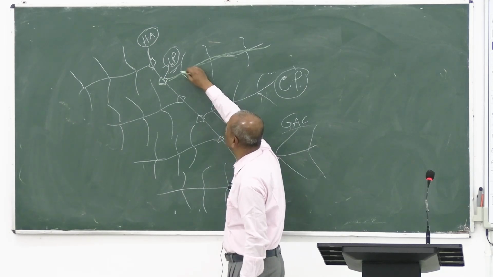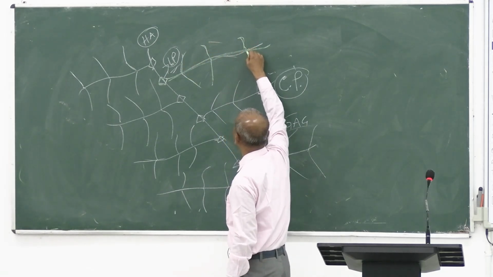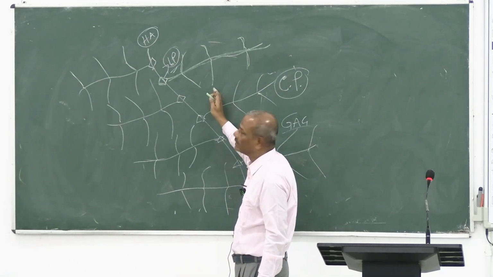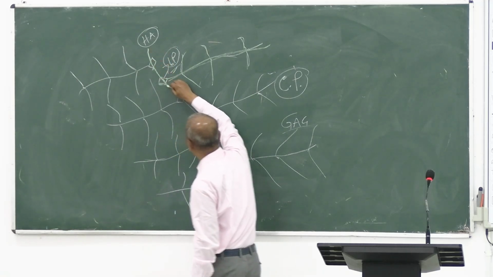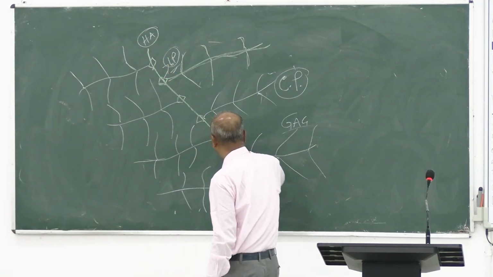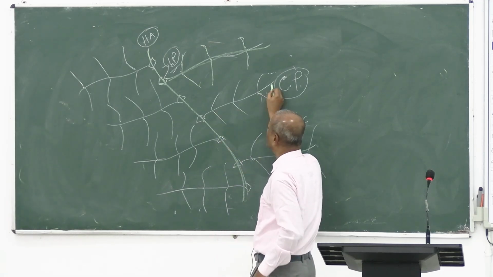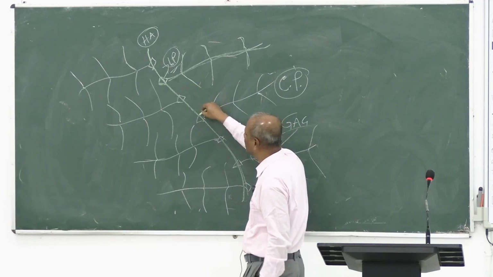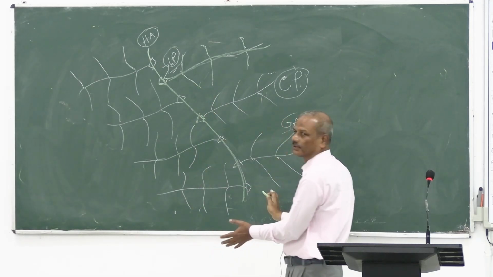Around this core protein, these glycosaminoglycans are attached by a covalent linkage, and this is also a glycosaminoglycan, that is hyaluronic acid. This core protein is attached to this GAG through a linker protein, and they make a structure which is something